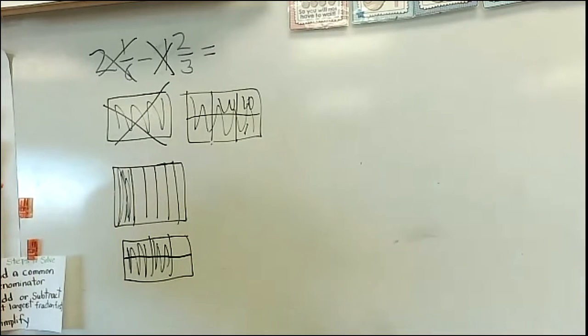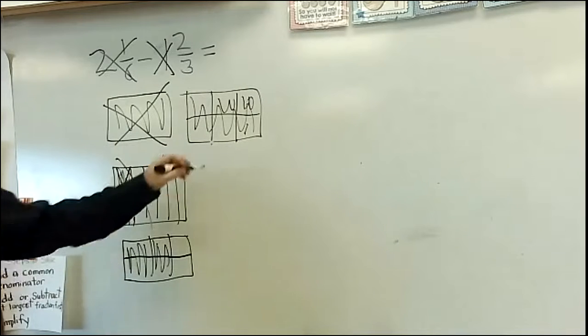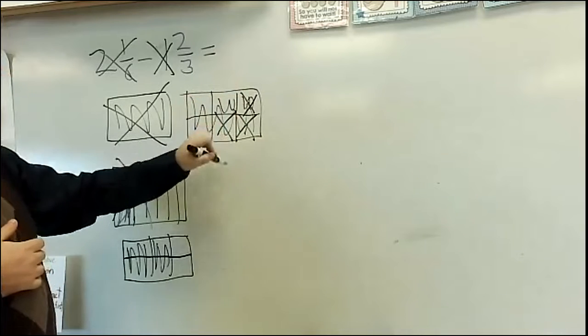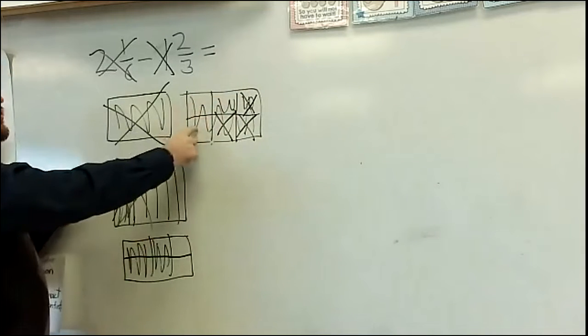Okay, so we're going to take away the 4/6. So I have 1, so this is gone. 2, 3, 4 sixths taken away. So I have 1, 2, 3,